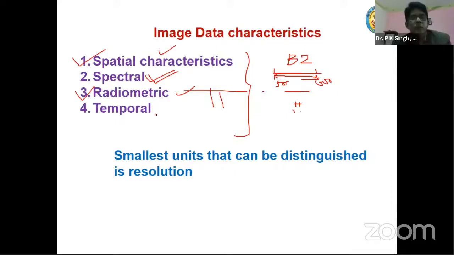A 4th one is temporal. If you are interested in detecting changes, you have to have a higher number of bands from different time periods. Only then will you be able to compare the images of different times. So that is temporal resolution. In forestry, temporal resolution is very important along with the others, because you have to have a lot of remote sensing data over time, so that you can detect the changes, how the forest is increasing, how it is decreasing, and do other analysis.